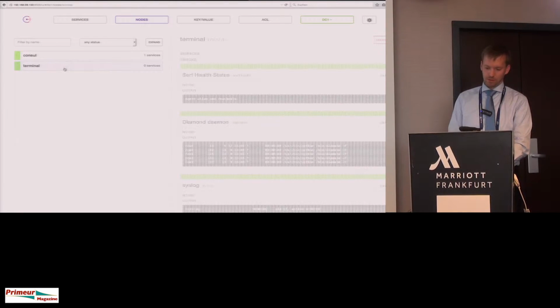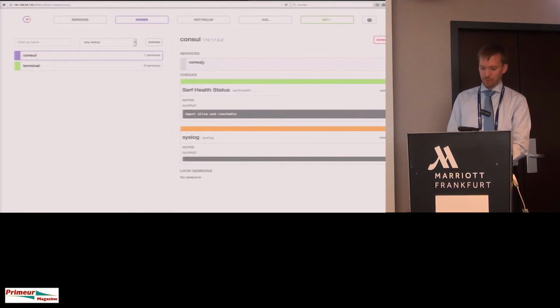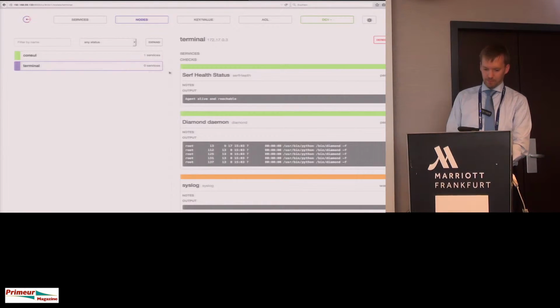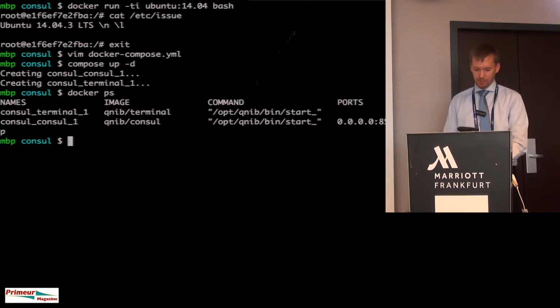So I have two nodes, console and terminal. One has a console service, one has no service at all. And yeah, this is now my little simple stack composed of two servers. If I log into the terminal one,